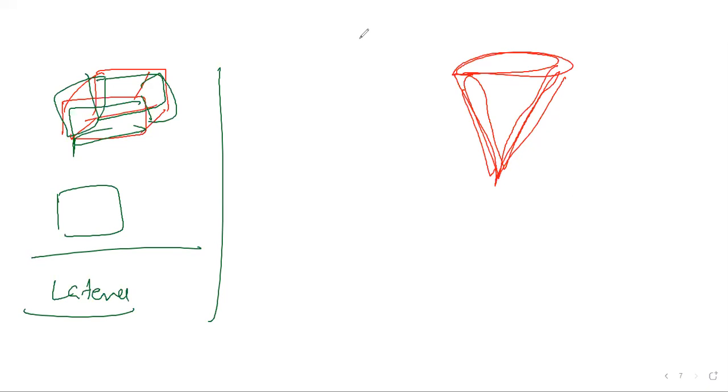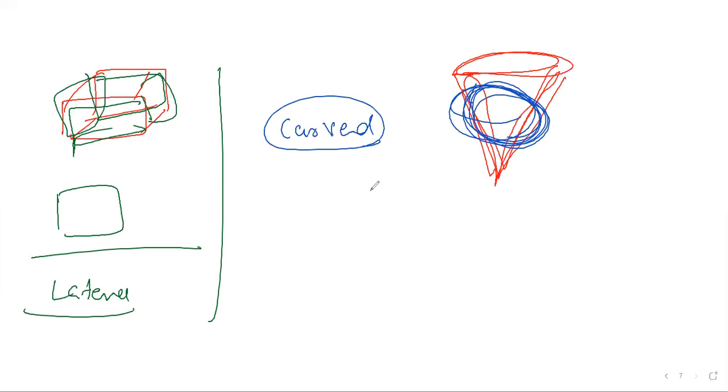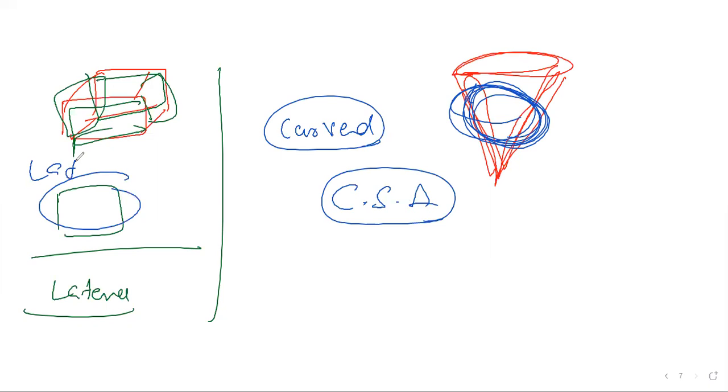This side should look like a round shape, a circle shape, a curvature shape. That is what you can call the curved surface area. People call it the curved surface area, and these people call it the lateral surface area. Now we are clear on what is lateral, what is curved, what is total. Now the area is clear.